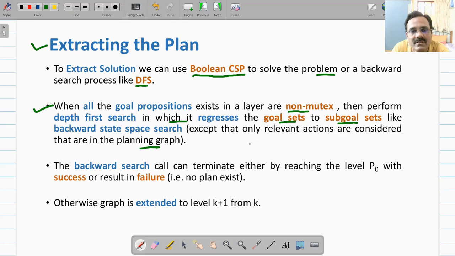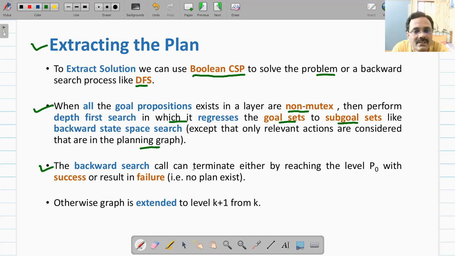You will encounter some actions until you reach P0, that is, the first propositional layer. Whatever actions you have encountered on the way will be the corresponding plan. I will illustrate this with an example. You will understand it much better after we solve an example.